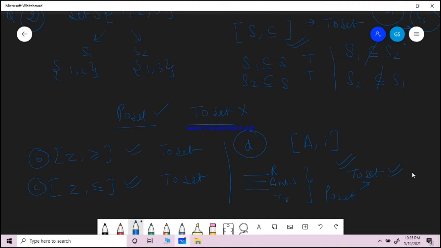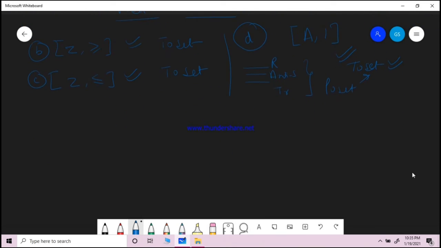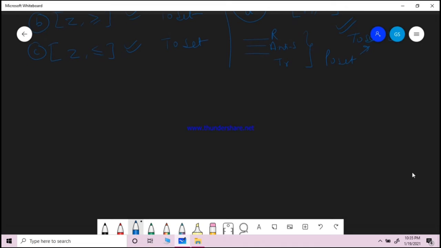It may be a toset or it may not be a toset. The next thing that I'm going to teach you is the Hasse diagram. What is a Hasse diagram? It is basically a representation. Since a total order set is closely connected and the graph contains so many loops, we try to simplify. We modify the diagram with only the simple connections, and this is how we represent a poset. The heading will be a Hasse diagram.